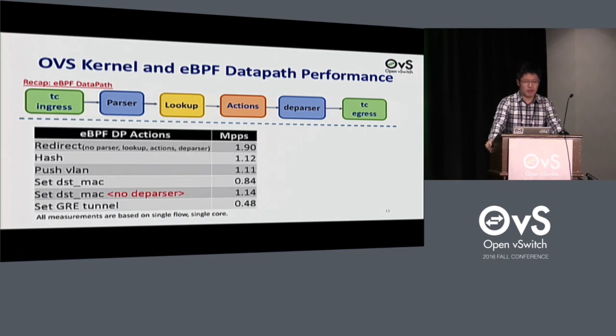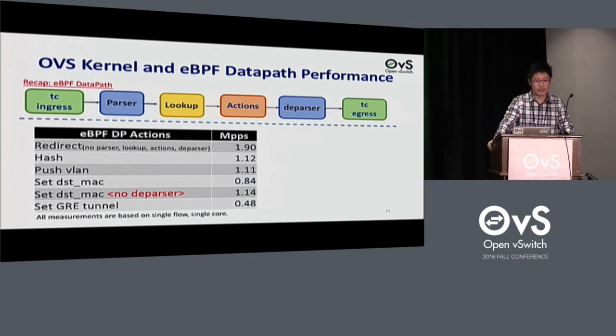This shows the performance number of our eBPF data path action. First, we did a very simple experiment called redirect. Redirect doesn't do any parse, lookup, or action at all. It is just a simple BPF program that takes one packet from one port and forwards it to another port. With that, we get about 1.9 million packets per second. So this is kind of the base